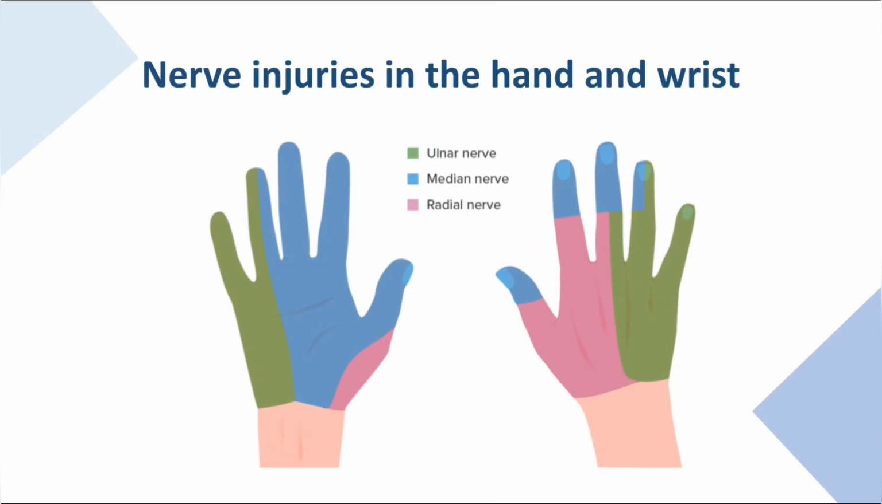Nerve injuries in the hand and wrist should be identified by the examining emergency medicine doctor or by the orthopedician. We have 3 main nerves that supply the hand. For the sensory level, we have the ulnar nerve. The ulnar nerve supplies the little finger and half, or the ulnar side, of the ring finger, and the median nerve,